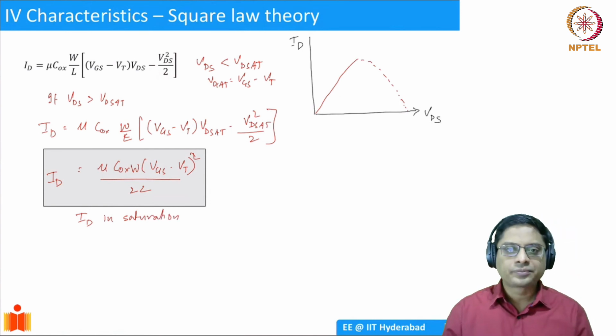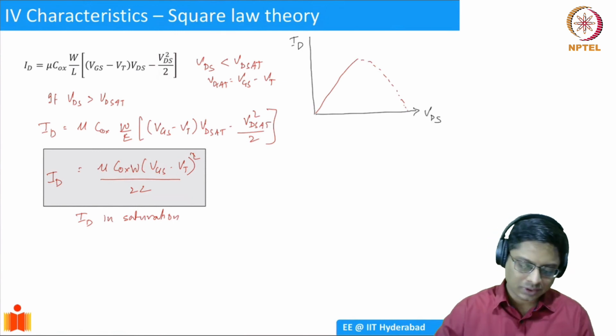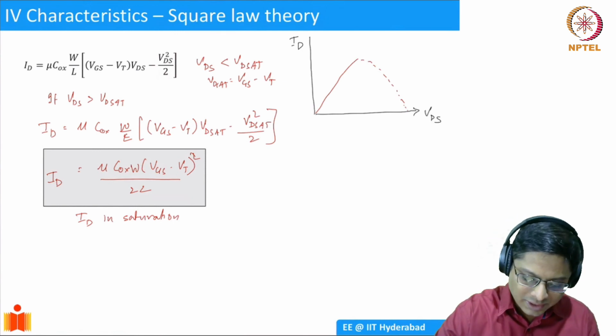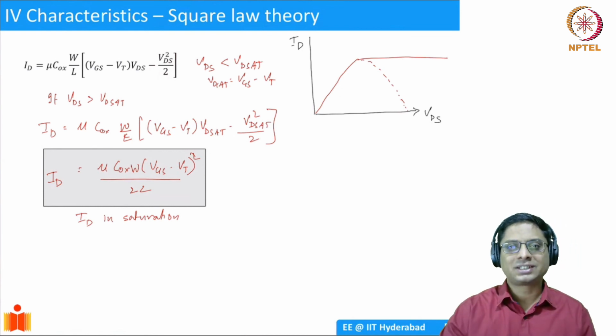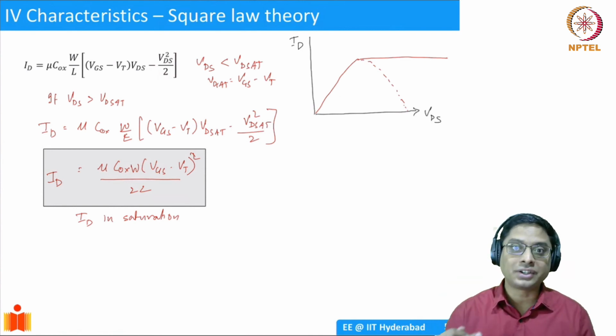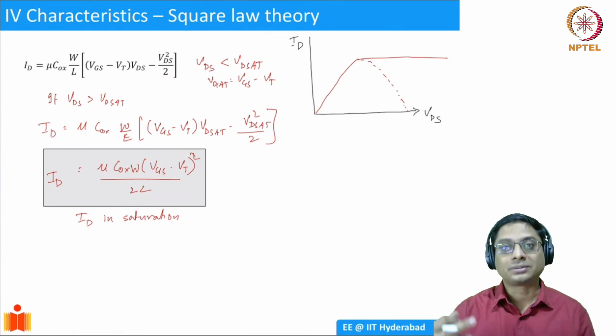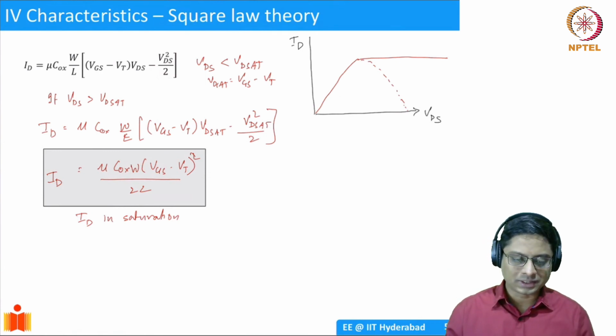You see that as you increase the gate voltage, the current is increasing as a square. Current increases as a square of gate voltage. That's why we call it the square law. So the theory predicts that you should have a drain current like this. And if you increase the gate voltage, let's say from VGS equal to 0.5 to 1 volt, then the saturation current should increase by 0.5 square. So gate voltage squared is how it goes. That's why it's important.